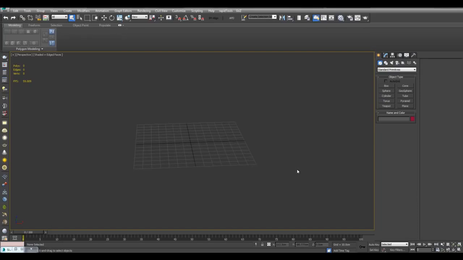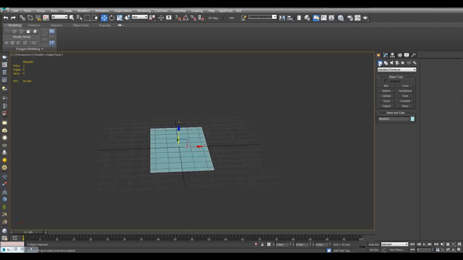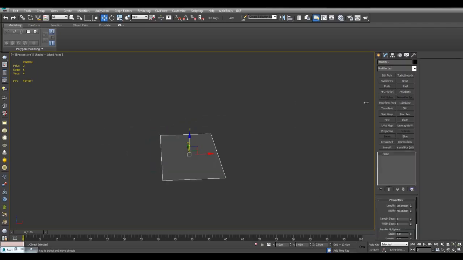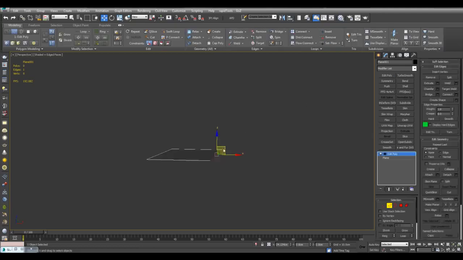Hello, in this video I'll show you some freeform modeling techniques. So let's just begin with a plane here, and I will center this and give it a gray material and black object color. Usually when you begin polygonal modeling, you will start by extruding edges, moving them around, inserting